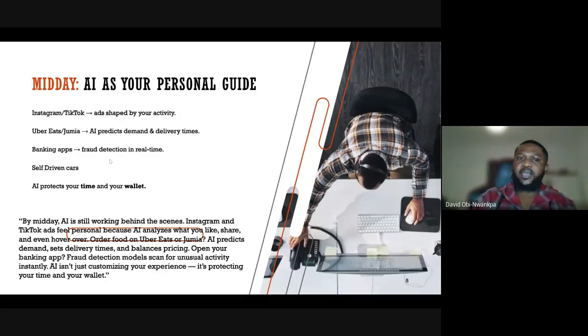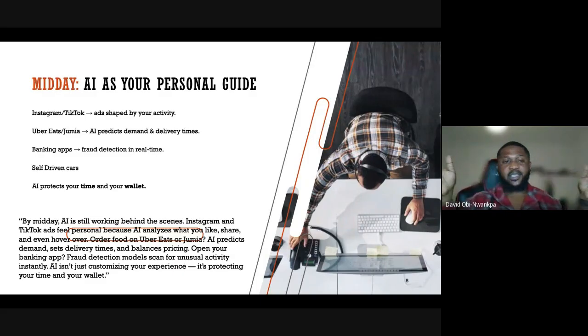So the third one is banking apps. Yeah, so we log into banking apps, and everybody, as I said, not a single company in the world now is left behind with the use of artificial intelligence. When I say companies, I mean top companies. Every company, in fact, because people are trying to make their business stand out in the best way it can be. So banking apps as well are not left out.